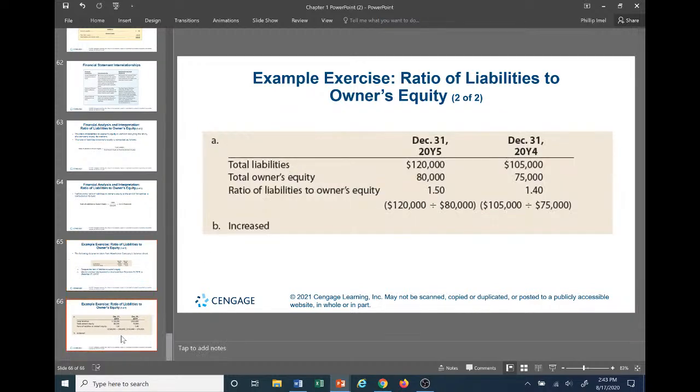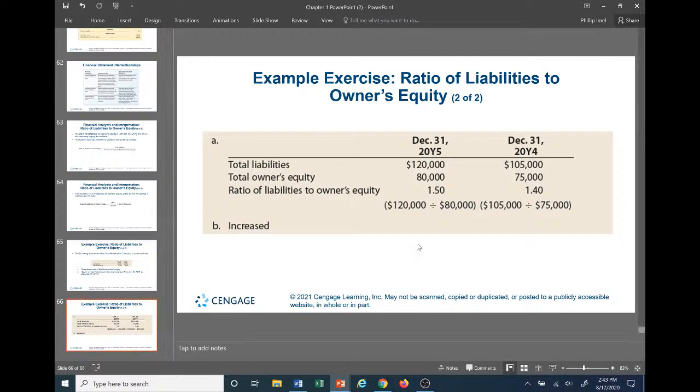It's increased here. Why do we think it's increased? Let's just look at here. Total liabilities increased 15,000, whereas equity only increased 5,000. So the equity of the firm only grew 5,000, while the liabilities, or responsibilities, increased by three times that amount. So obviously, the risk is going to increase because now there's less equity as opposed to liabilities. Now the firm owes more but has less equity to be able to resolve those liabilities. So it's more risky now. So the risk has actually increased.